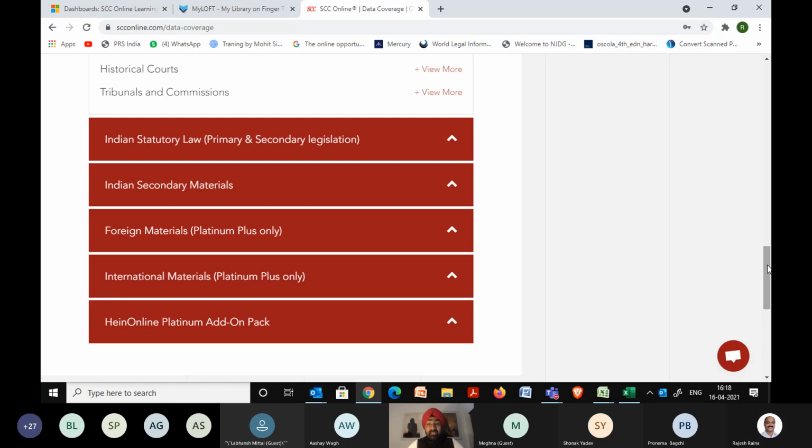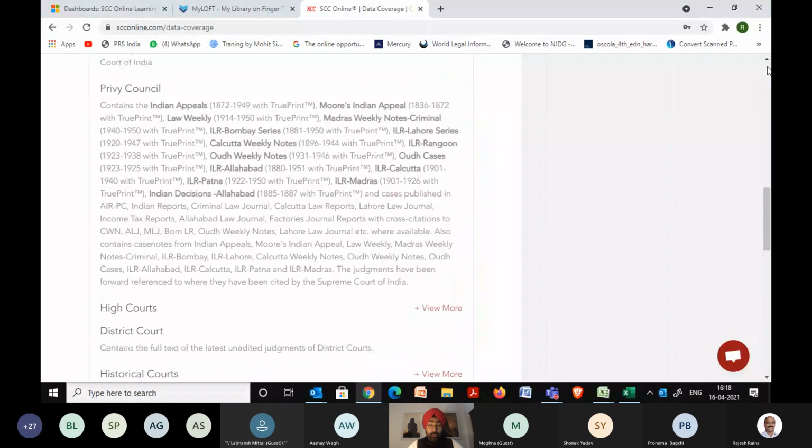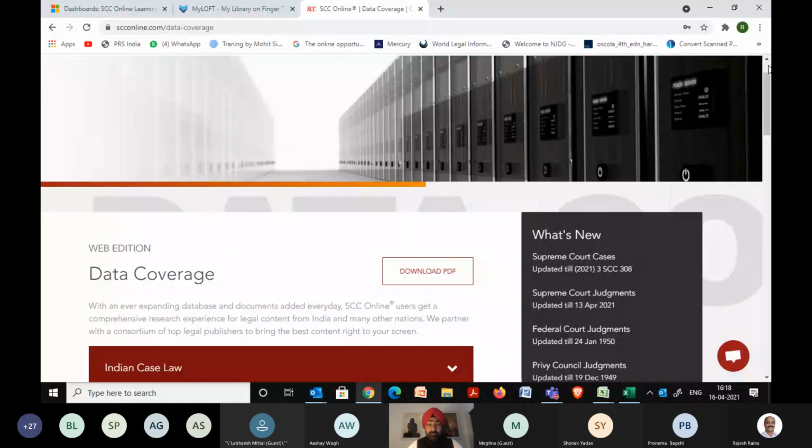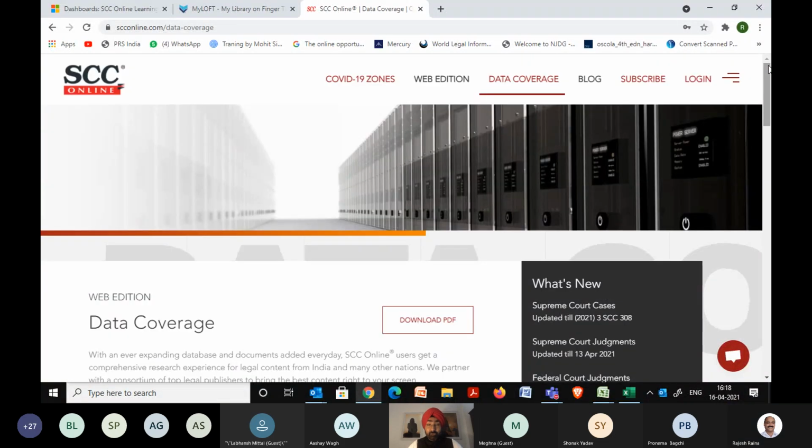Apart from this, legal articles from various institutes in India, Indian universities, and other individual independent journals are also published over here. So all in all, when you're doing research, it's a one-stop shop to get all your access to Supreme Court judgments, various judgments, and secondary and primary legislation and acts. Whenever you have time, you can go through it.